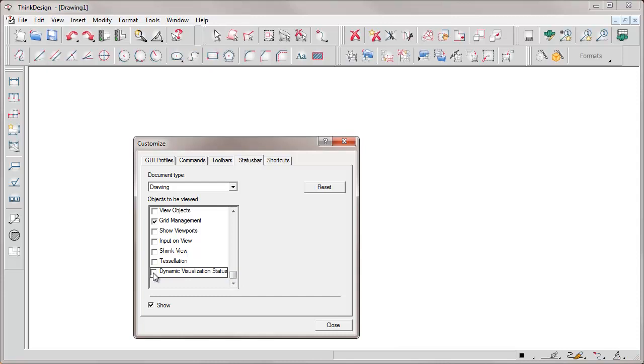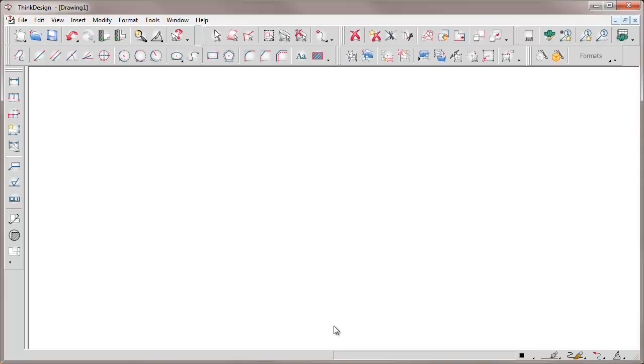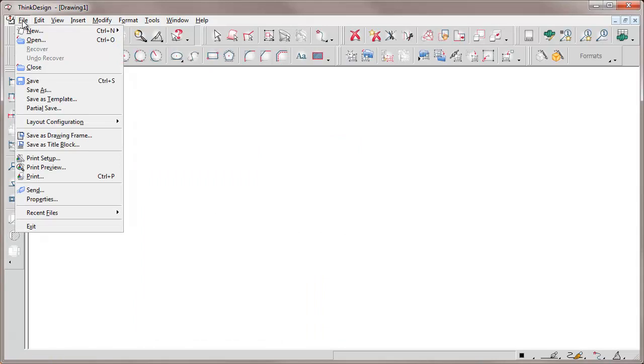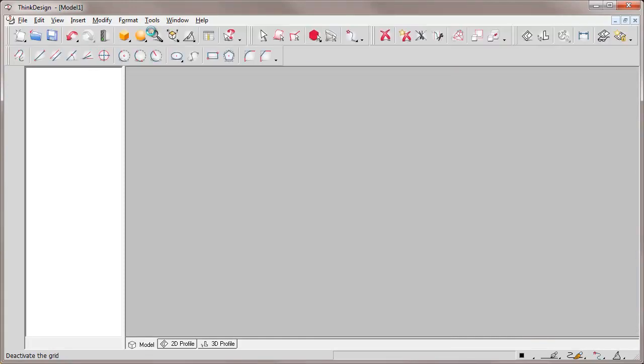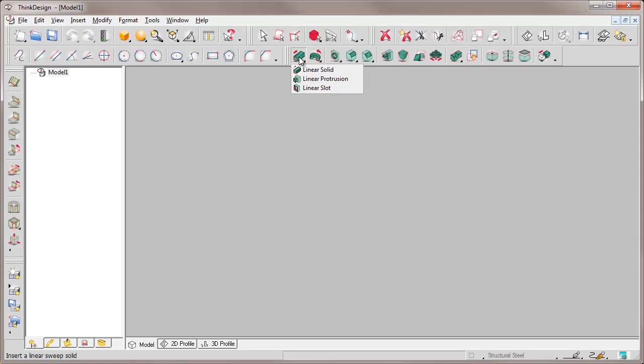Now, let's see in the model environment some buttons, such as the one we are going to view in a minute. For instance, by the mouse right button, we can view the different commands in groups, which are buttons grouped in a unique superior button. Then, in the button of the toolbar, obviously, the last selection carried out is the one keeping current. Let's go back to the drawing environment.